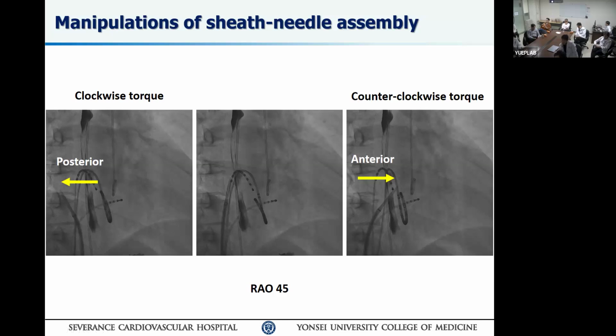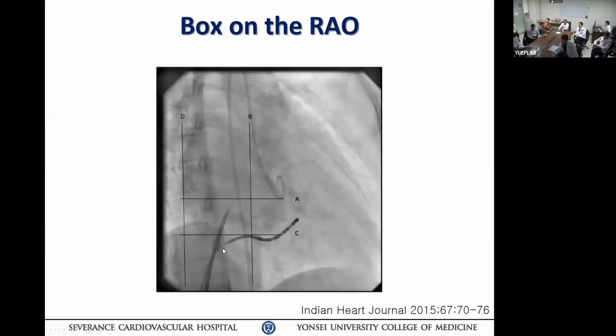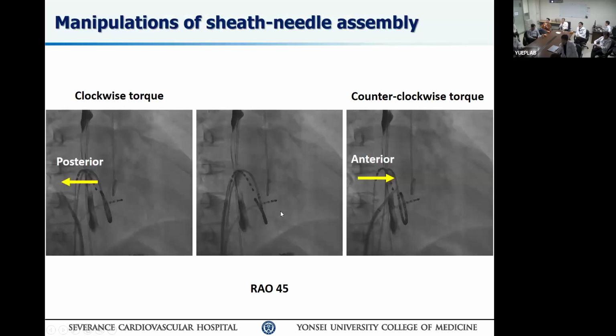In my case, I always perform septal puncture in a view in which the coronary sinus catheter goes away from me like this. This is a very oblique X-ray, but I always do it in this configuration in which the coronary sinus catheter goes away from me, because